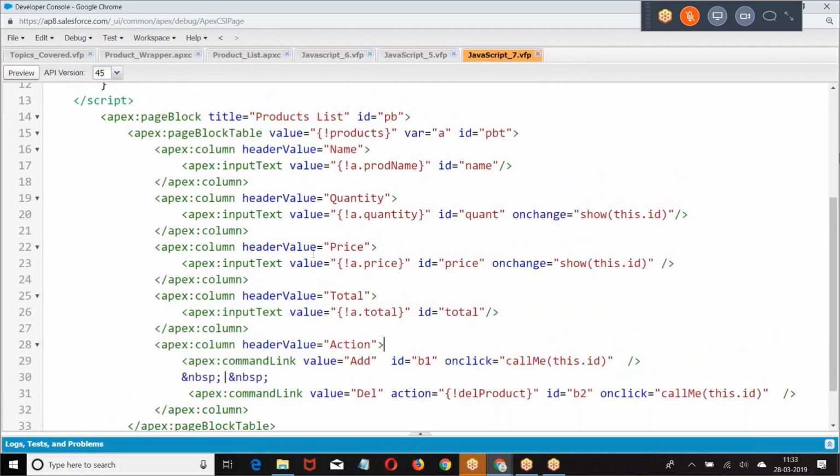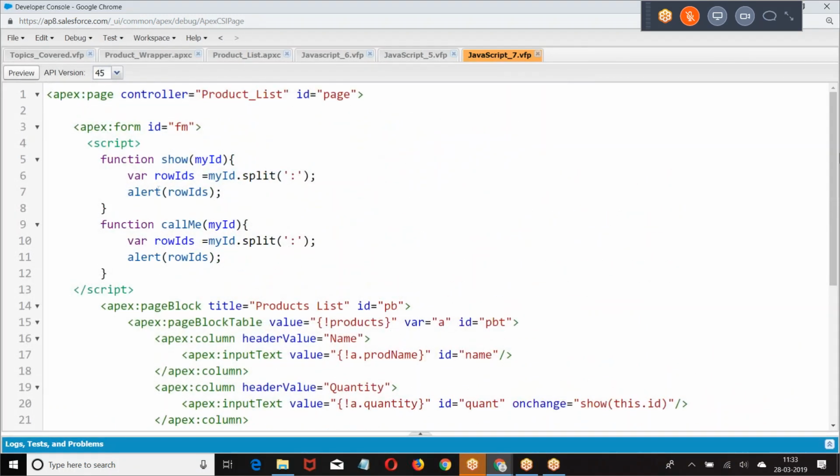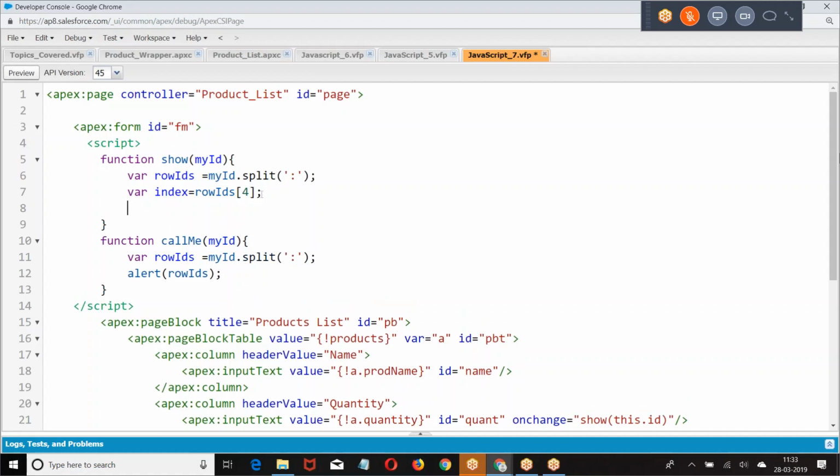Okay. Now let us go back to the row number. Once you get the row number, what is the row number we are getting here? Where next equal to, at the fourth position we have the row number. Then we are reading the value where document dot get ID, page form page block table plus index plus